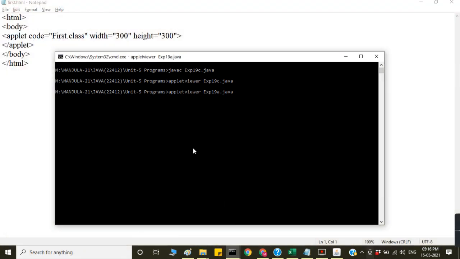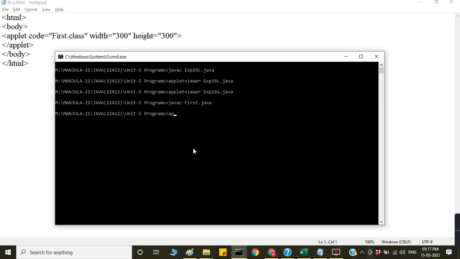So you have to run the program like this. Control C, I'll break this. So javac first.java, then appletviewer post.html. You have to run this HTML file.